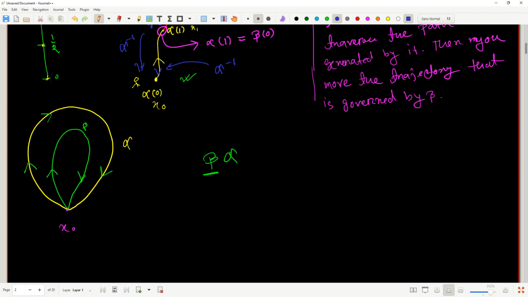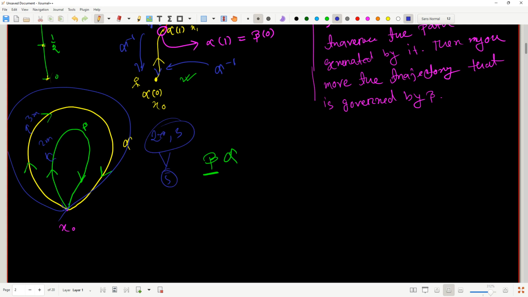Well, this beta times alpha will also be another loop. And if you recall what I said a few minutes ago, first you go around beta, then you go around alpha, then this is just another equivalent loop, right? Something like this. Let's say this is 2 meters, this is 3 meters. So once you go 2 meters, let's say you have a counter that reads 2, and then you go 3 meters, that reads 3. So if you want to compute the total distance that you covered, that would give you a 5,